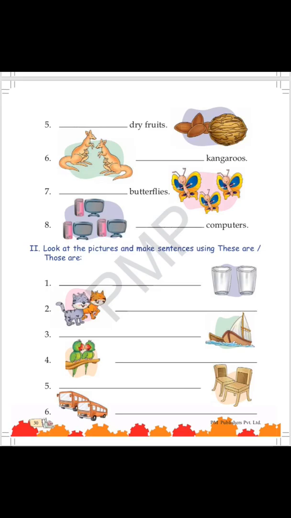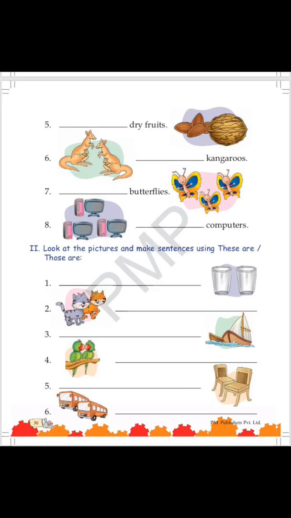Those are glasses. Glasses सेंटेंस के बाद में है. They are far. वन से दूर है, जो नंबर लिखा है उससे दूर है ना, तो we are going to use those. Those are glasses. Second, there are two cats, and they are close to the number 2. So we will write these are cats.